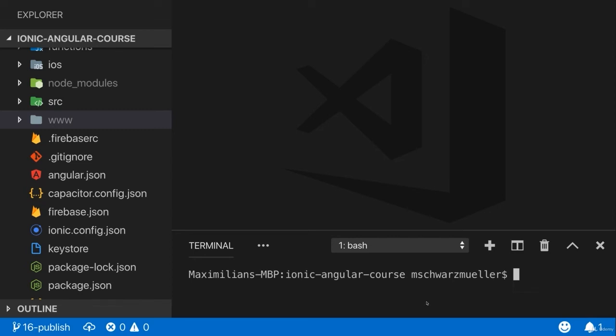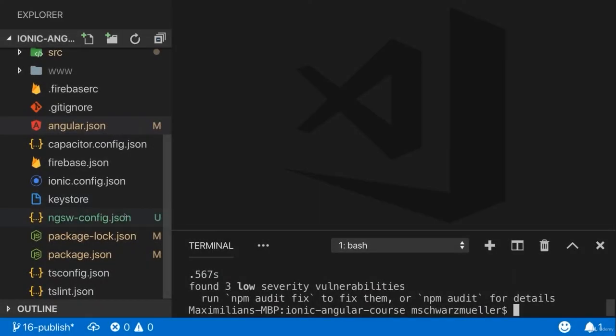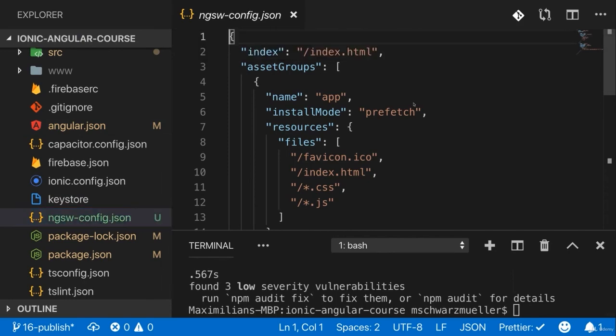Turning an Angular app into a progressive web app is straightforward. You just run ng add @angular/pwa, for progressive web app. And this will now configure this Angular project such that it automatically generates such a service worker that is responsible for that caching and so on, and basically sets up everything you need to have a progressive web app. Nothing else needed. Once all of that is done, you'll have a ngsw-config.json file, which allows you to configure